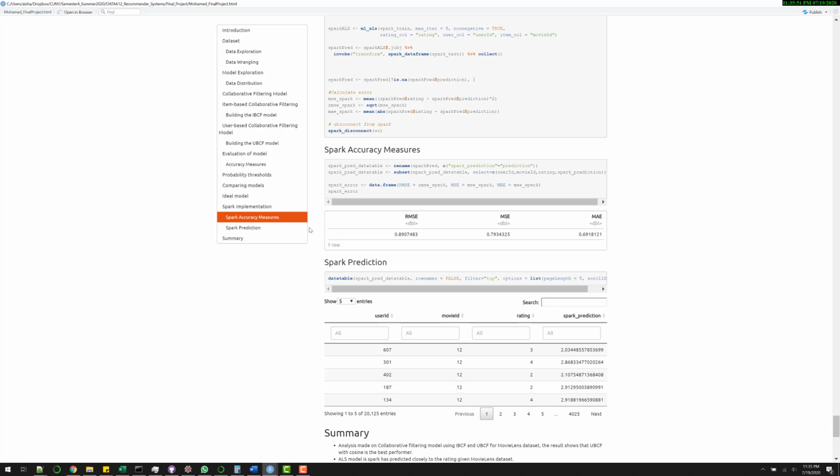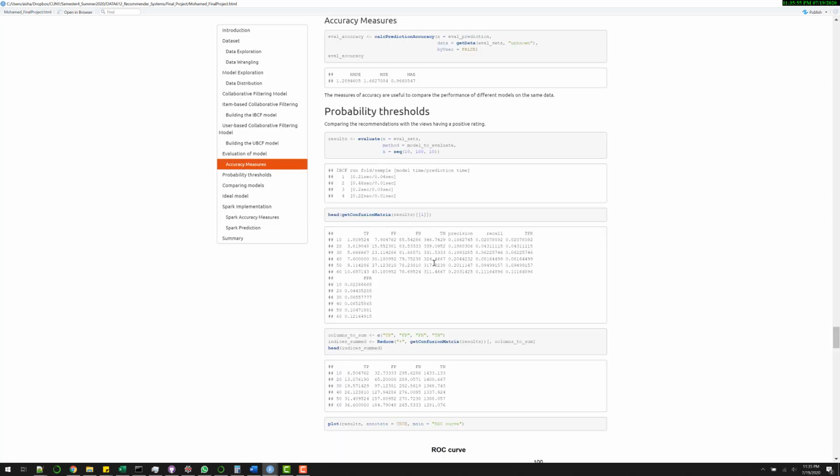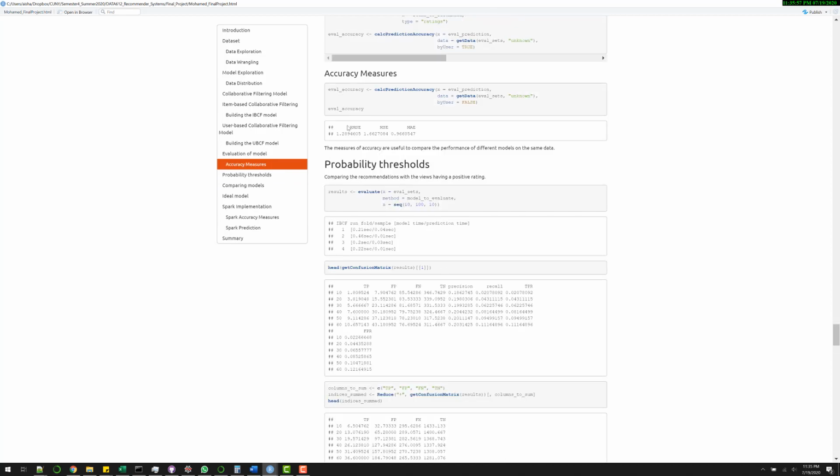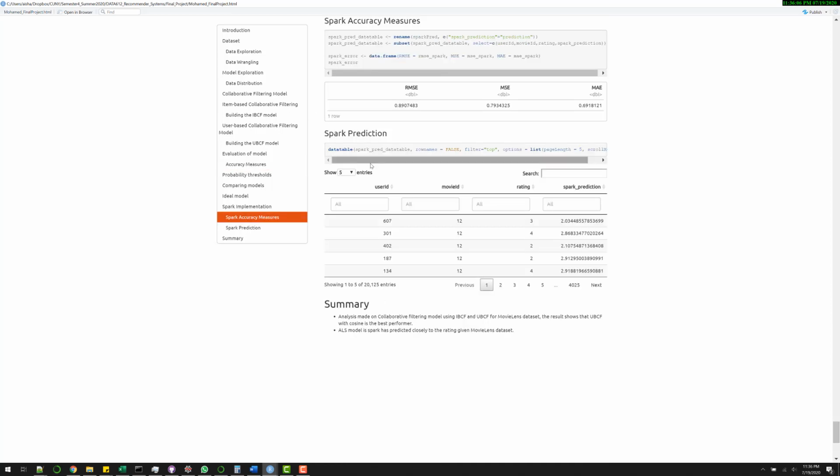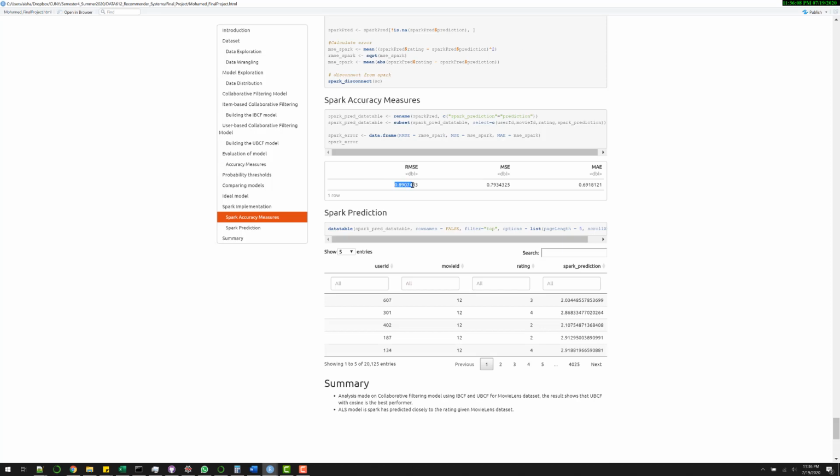When we compare the accuracy values of Spark and the recommender lab, the value is higher in the recommender lab, whereas in Spark it's almost 30% lower compared to the recommender lab. It's because of the distributed system, and Spark is performing way better than the conventional recommender lab